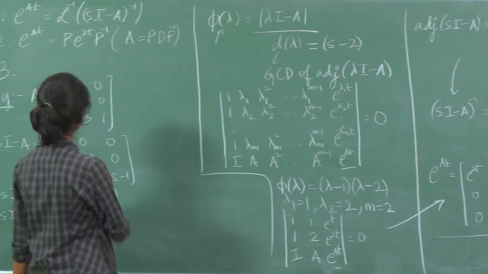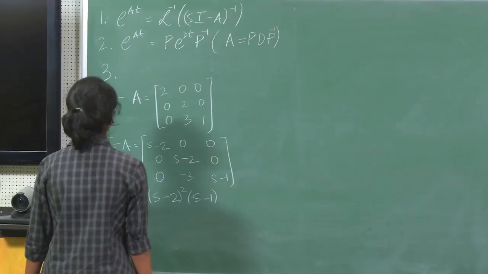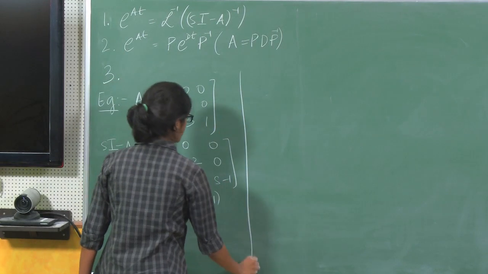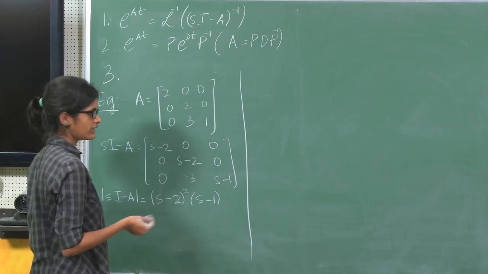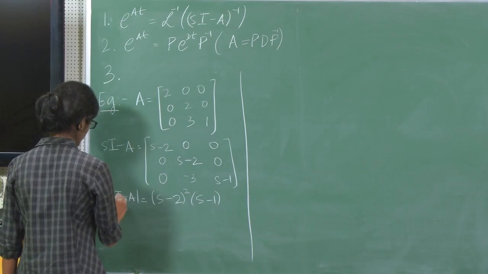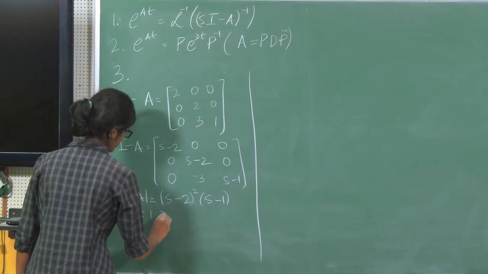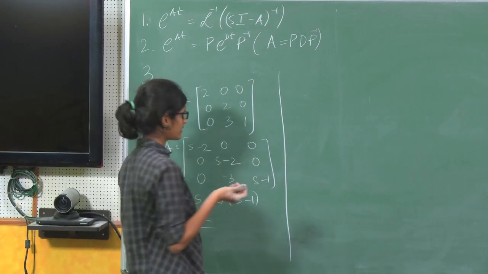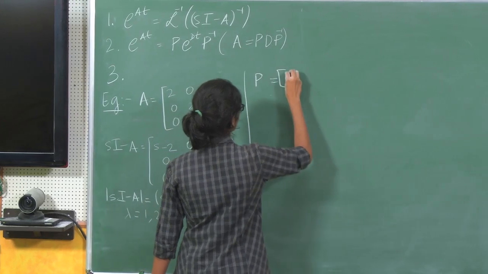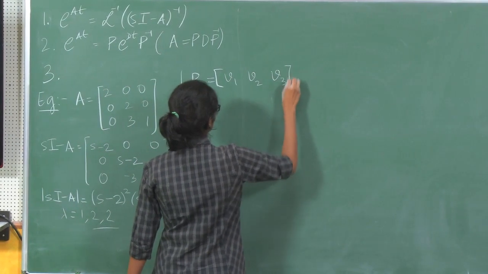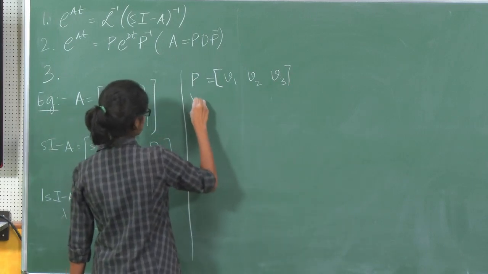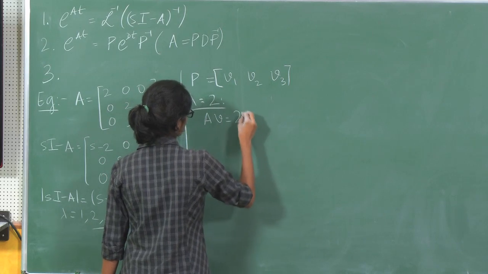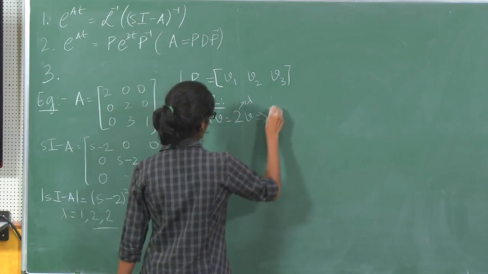Now going to method 2, which is diagonalization. Firstly, we find the eigenvalues of the matrix A. We have the determinant of (sI minus A) here. The eigenvalues are 1, 2 and 2. There is a repeated eigenvalue, which is 2. Now the matrix P, which is used for diagonalization, is a matrix of eigenvectors v1, v2, v3. So we solve for these eigenvectors for each eigenvalue. Say for lambda equals 2, Av equals lambda v will give you